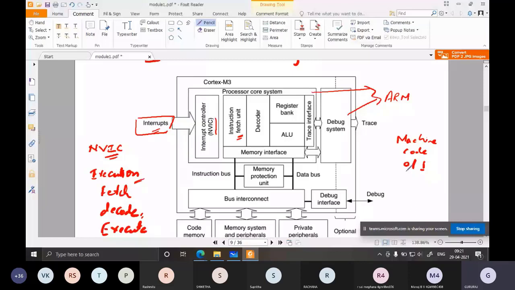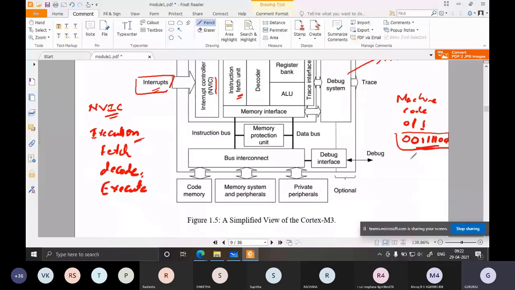Let's say the instruction that you have fetched is 00111100. This is the instruction that you have fetched from the memory. Now the decode unit will decode this code. What does this code mean? Whether this code means addition of 2 numbers, or multiplication of 2 numbers, or shift of a particular value, that is what the decoder unit will do. Once this code is decoded, the processor can do that operation.